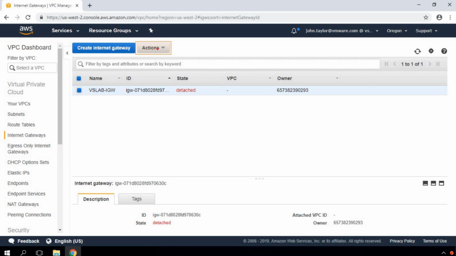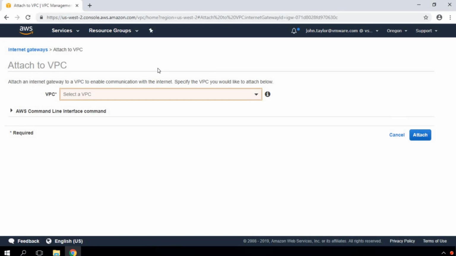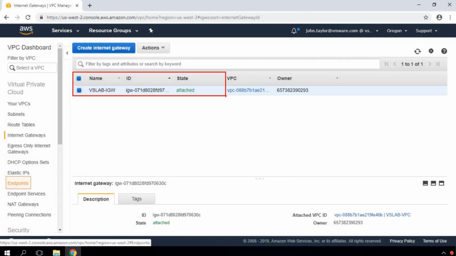For that, click on the actions button and click on attach to VPC. Once we click on attach to VPC, it asks what VPC you want to attach this IGW to, and that is the VPC we created in the previous step. Click on attach. As you can see, we have successfully connected our IGW to the VPC to provide internet connectivity.